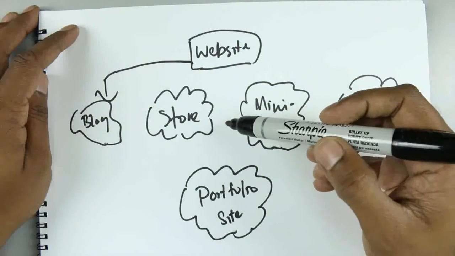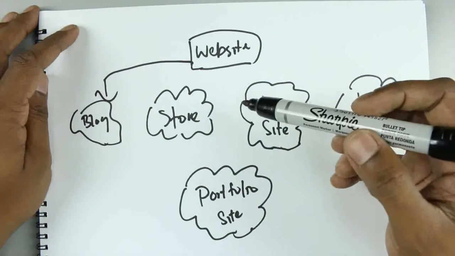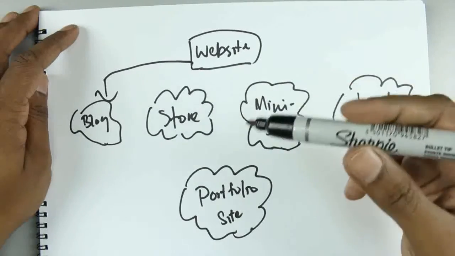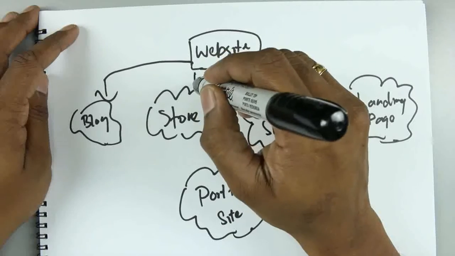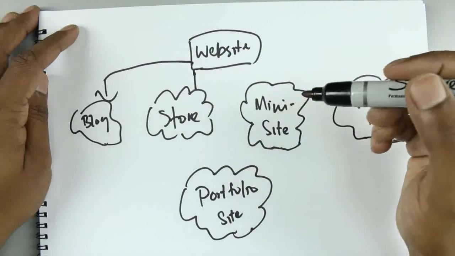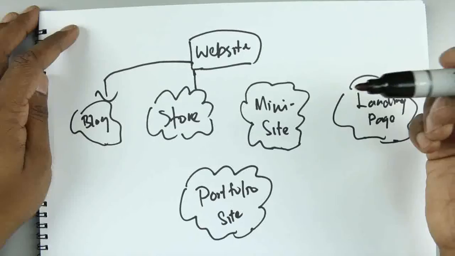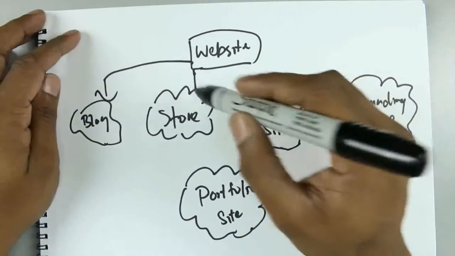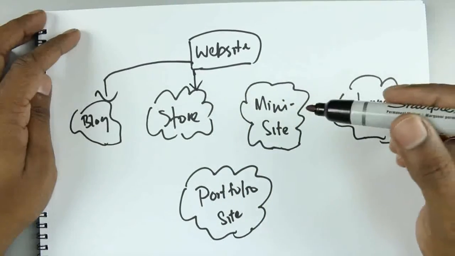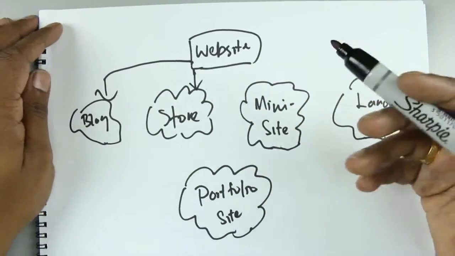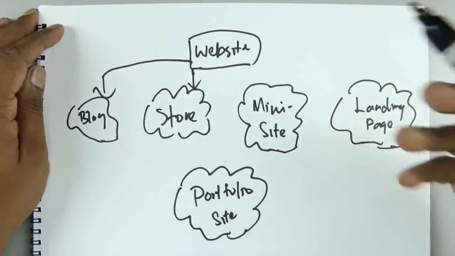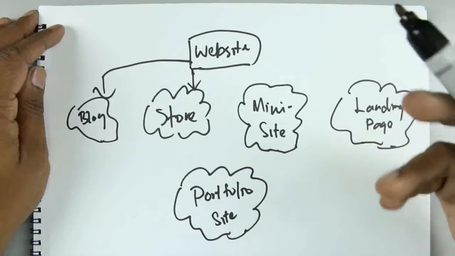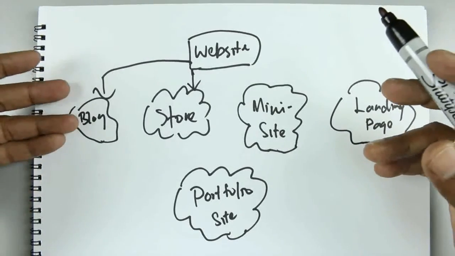And now you have your e-commerce store, and this could be something like Shopify, or any other e-commerce store that you use, like Etsy or whatever. So when someone asks you, do you have a website, and you have an e-commerce store, don't tell them, no, I don't have a website, I have an e-commerce store. It's actually just another type of website. The function of an e-commerce store is different, and the content is presented as a store where you have your details, your add to cart button, and different functions as compared to a blog.